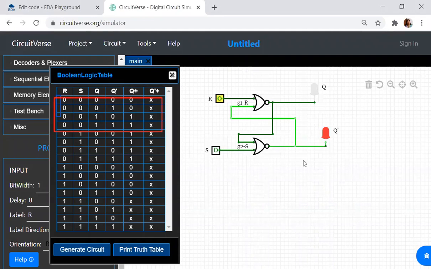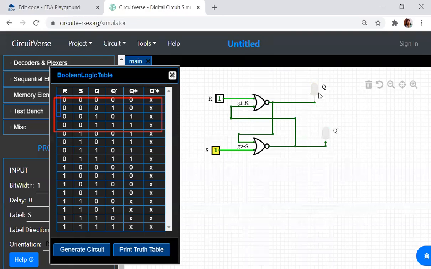Now, go to the next combination. The next combination is 1 and 1. So let me assume that previous state is 1 and 0. Now suppose if I make this 1 and 1, what is happening? You can see both are not glowing. Now will this be considered valid? Q is always equal to not of Q bar, or Q bar is not of Q. But here we can see when I give the combinations 1 and 1, whatever may be the previous state. In previous state, Q bar was 0. But as soon as I make this 1, both don't glow.